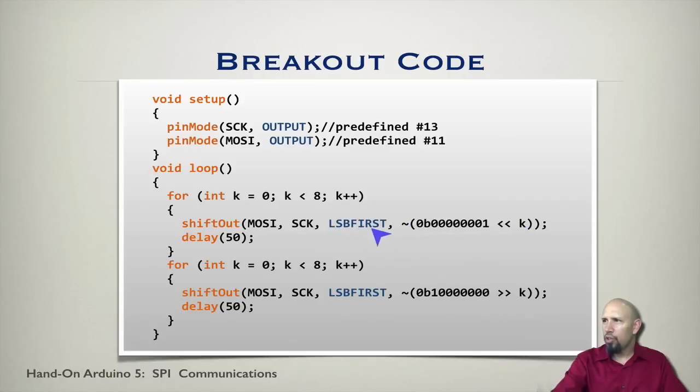And here I've chosen to do least significant bit first. I could have done most significant bit first, depending on where I want to start this. So basically what's going to happen is the LED is going to move all the way across. So the light is going to turn on, the next one's going to turn on, this one's turned off, and so forth, all the way across. And then the same thing is going to happen again. So notice this time it's shifting right instead of left. So this thing basically is going to shift right, shift left, shift right, shift left. And I have a small delay in between. Okay, so